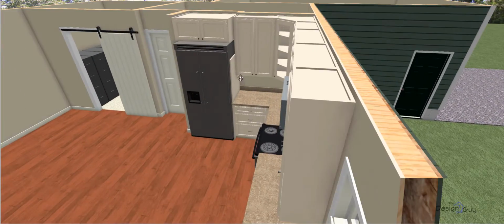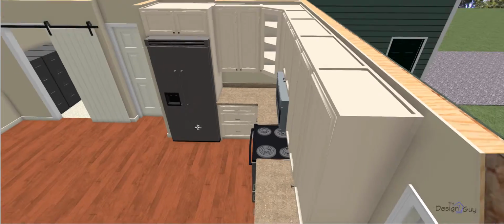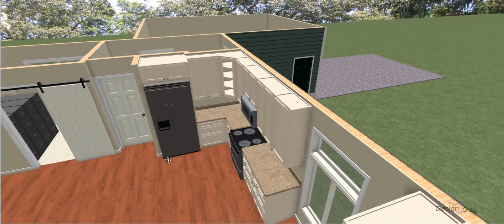what I've done here is I've put a panel at the end of the refrigerator, and that panel is actually going to go all the way up. I didn't show it up there, so that panel would go all the way up, and I've recessed that refrigerator into the mudroom as we come in. So as I bring this back around,